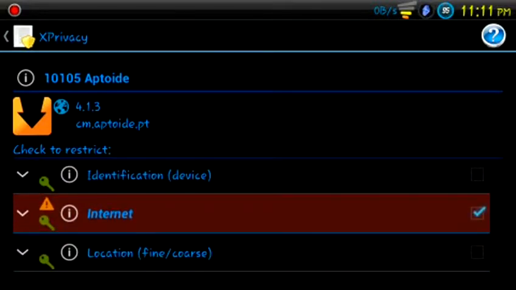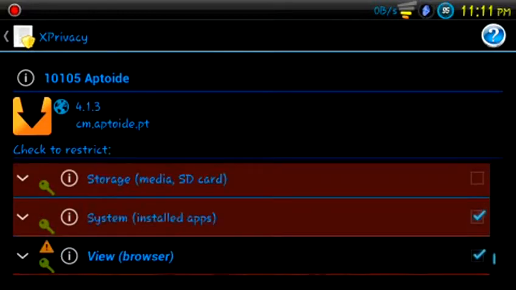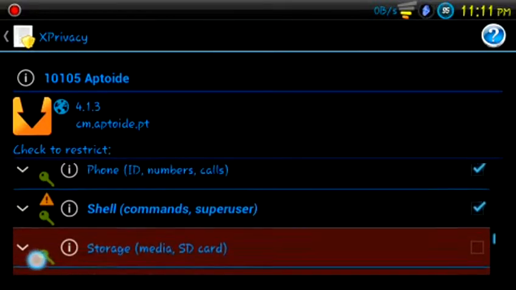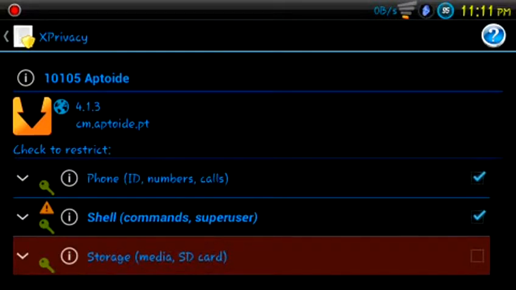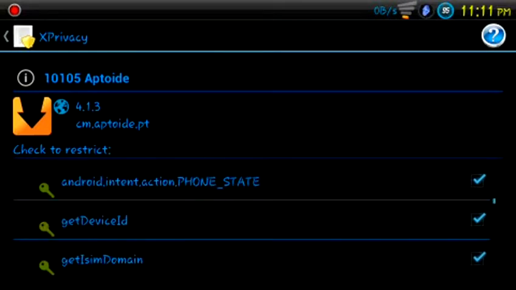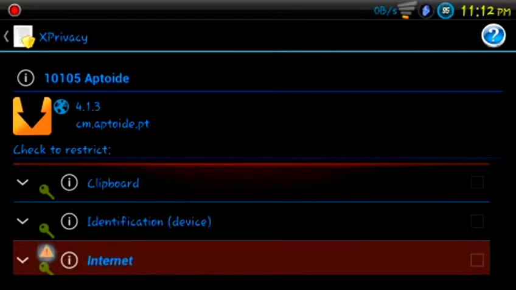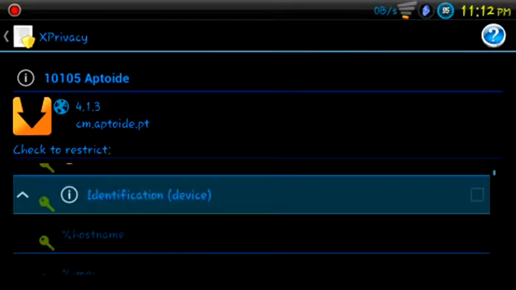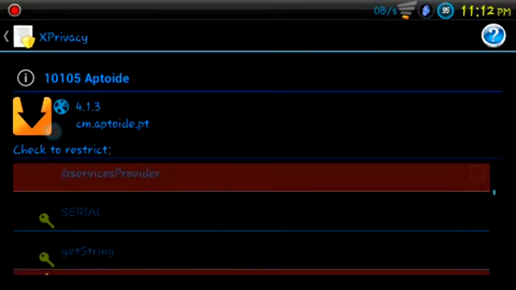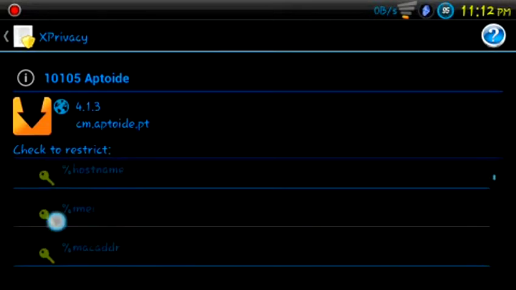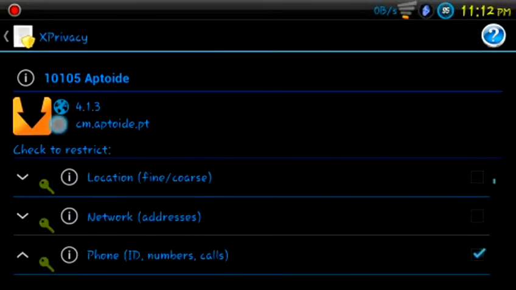And for an application that doesn't need internet, go ahead and check that off and it'll block it. But for Aptoide, it does need internet, and it also needs to view the browser. It'll use the internet browser, or the Android browser. But as far as phone, always block get device ID, and you'll be able to tell if it's asking for it, because there'll be an exclamation mark by it. And also make sure that you block your serial number there under